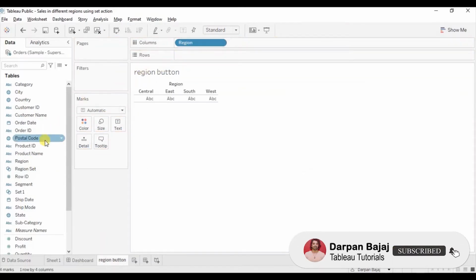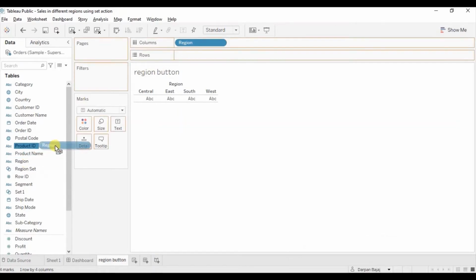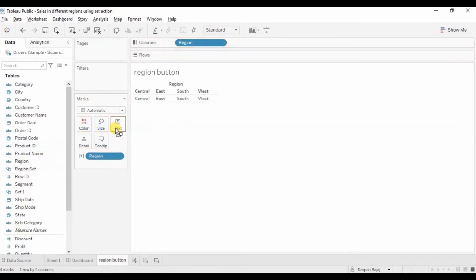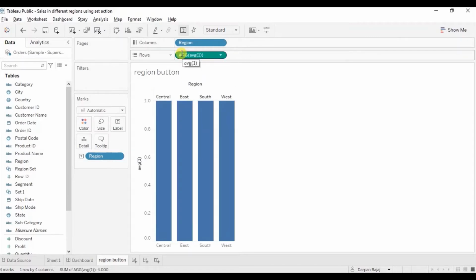Also drag region to text under marks section. Now add a field in row shelf, average of 1, which will help to create a bar for each region present in our data. Drag the set that we have created using the region onto colors.